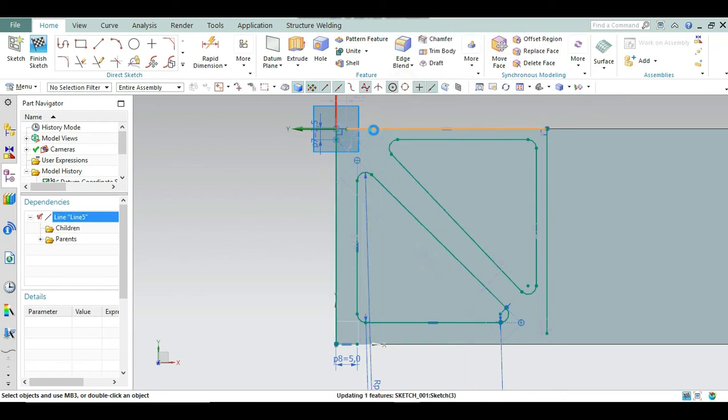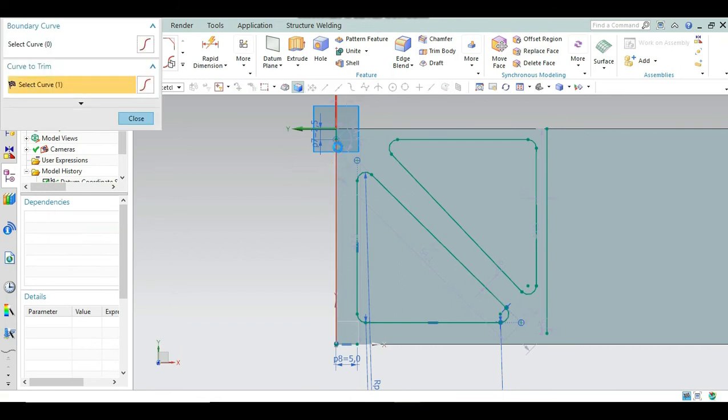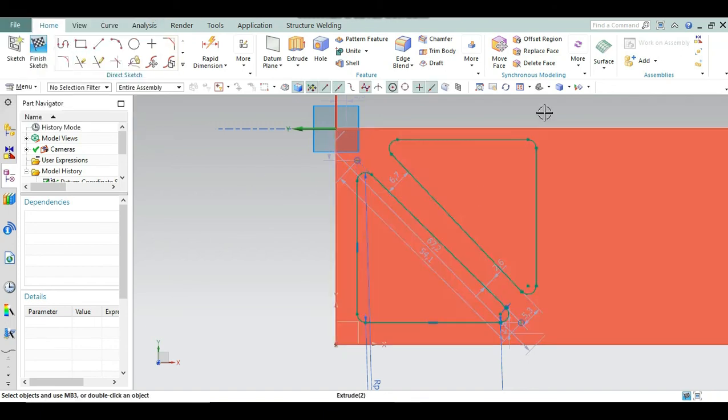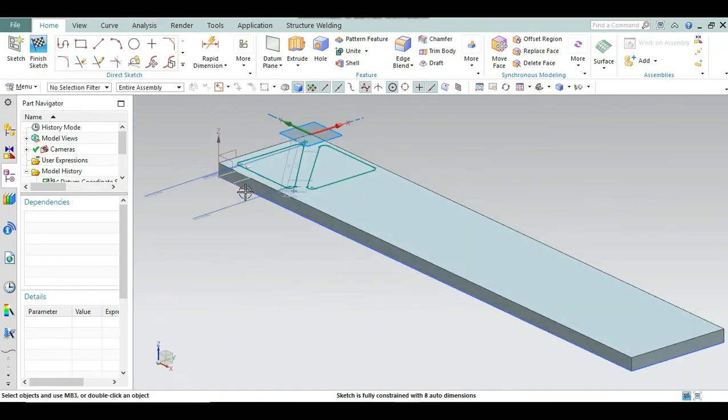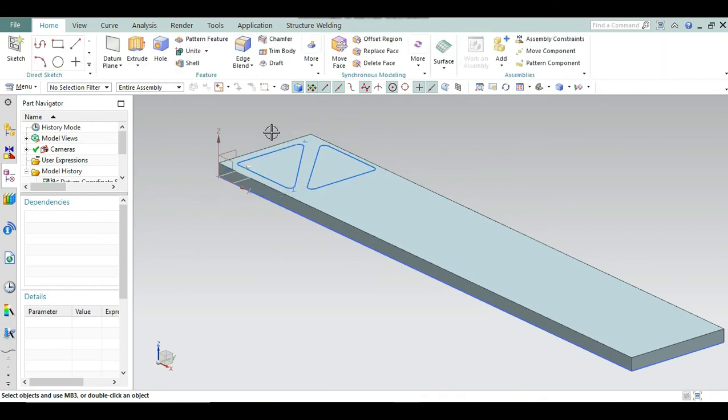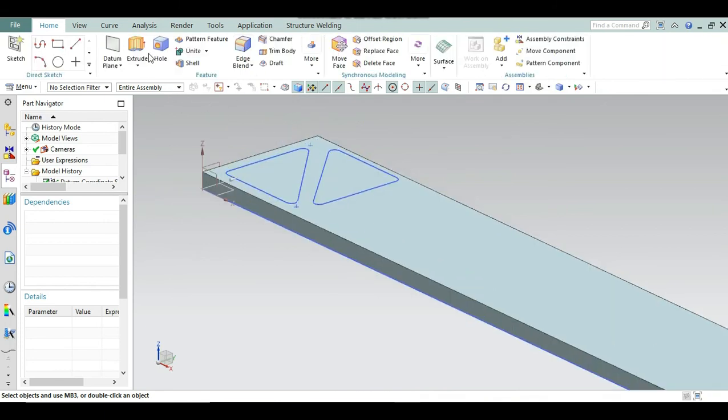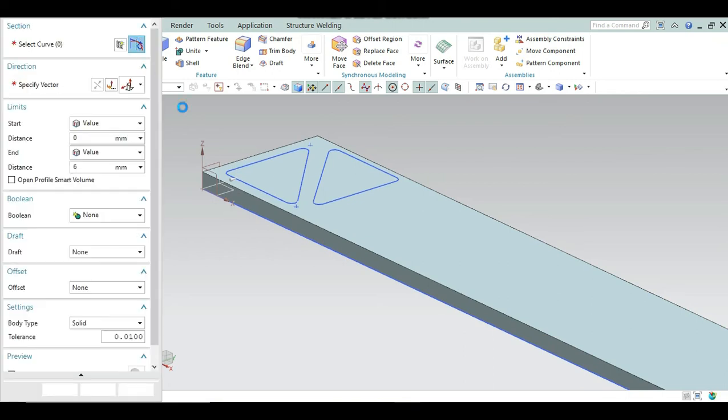So now we don't need this, so we can trim it. Like this, something like this. Trim this one also. Now again make it isometric view. We can finish the sketch. So now we have to extrude.